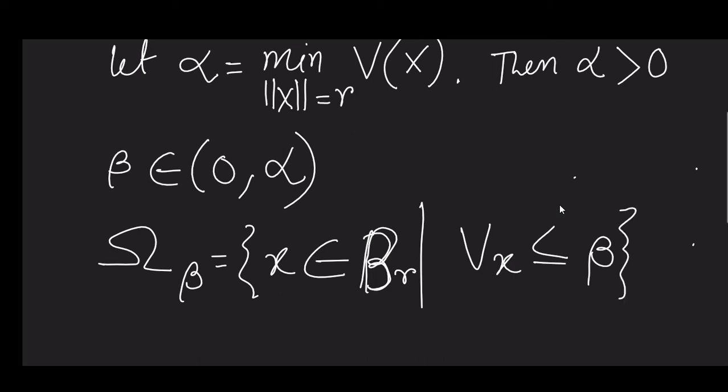So what is beta? Beta is all the points that contain all such x for which your Vx has a value less than or equal to